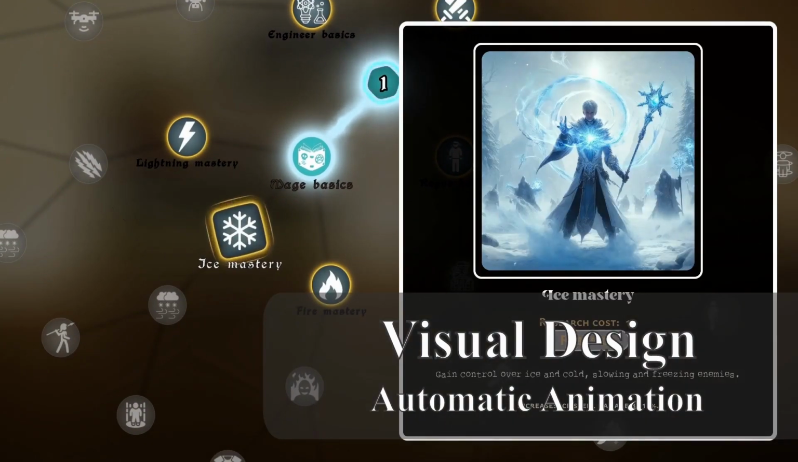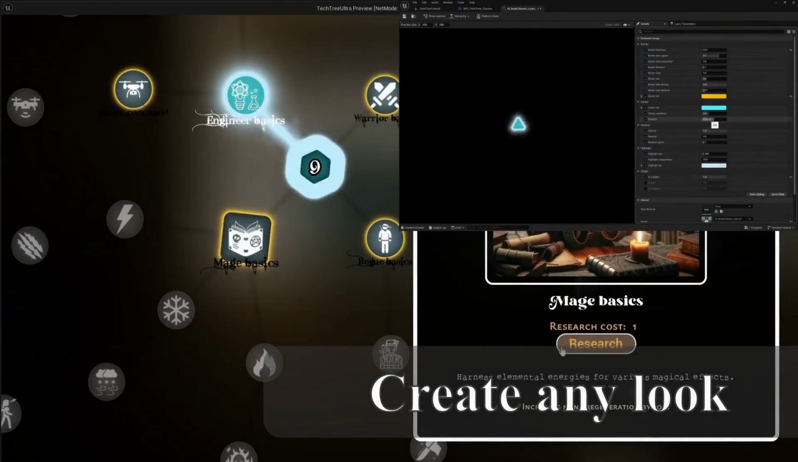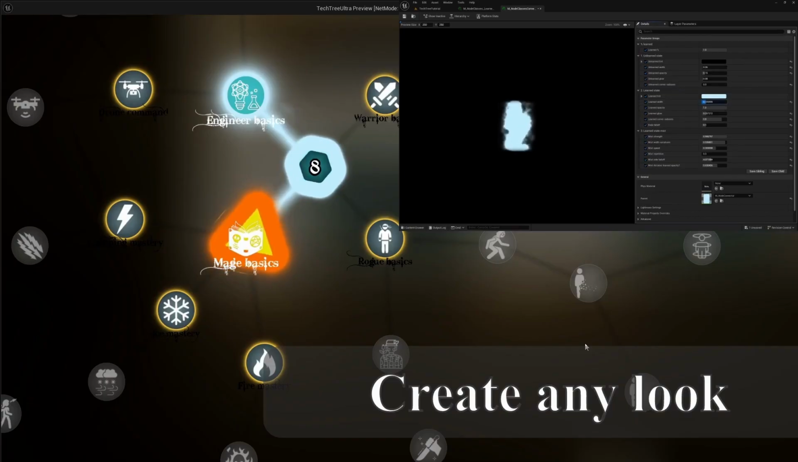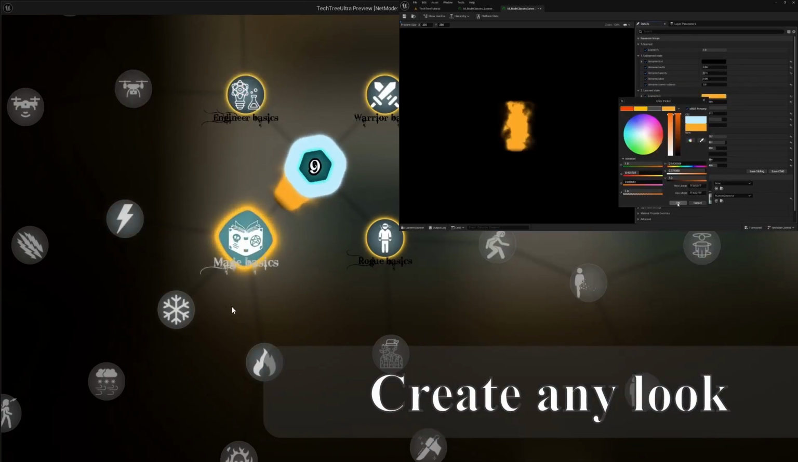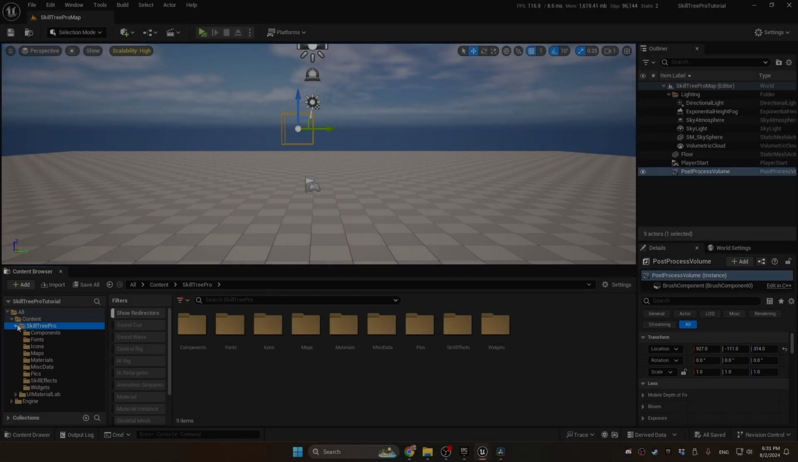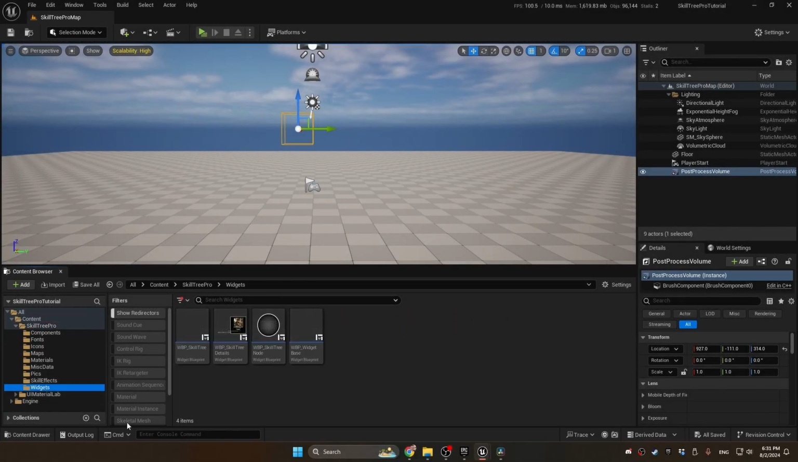So we'll be walking through a way to design a particle-like effect in a material without having to use any particles at all. Much like the nodes, everything for the design will be done in the material for maximum optimization and ease of use. So in our content browser, we'll open up the Skilltree Pro folder, go down to widgets,